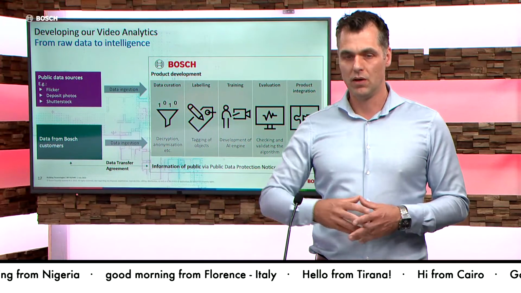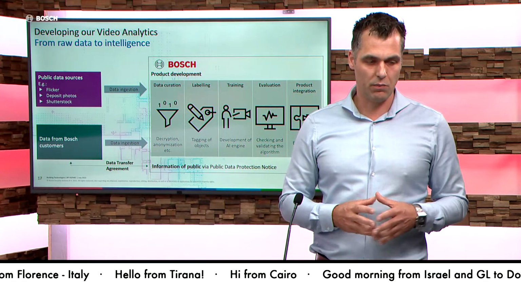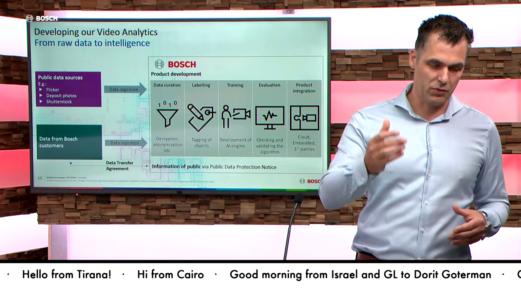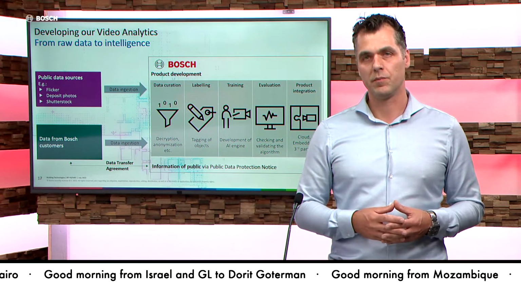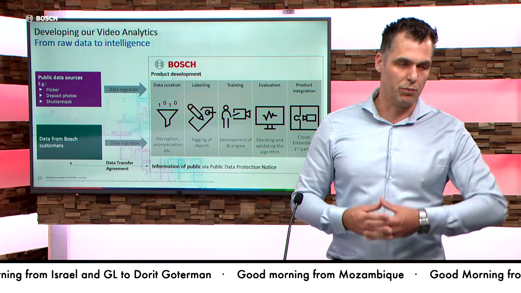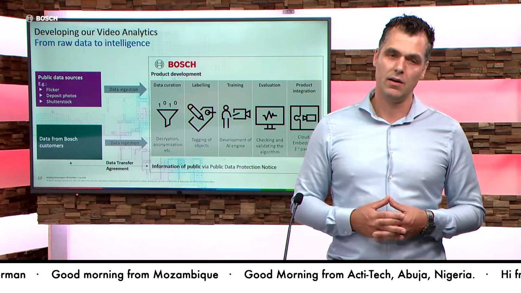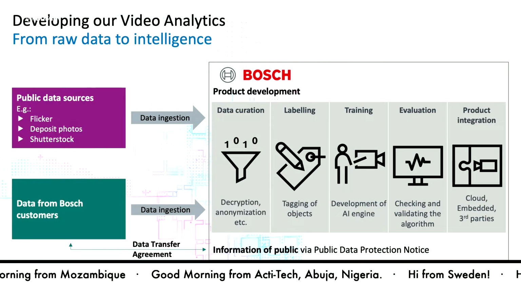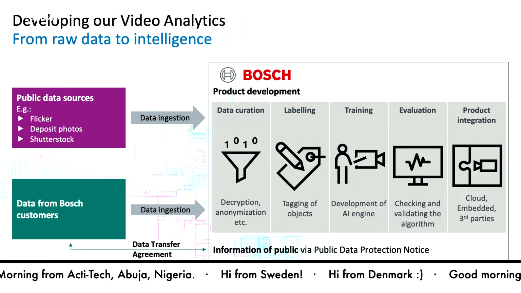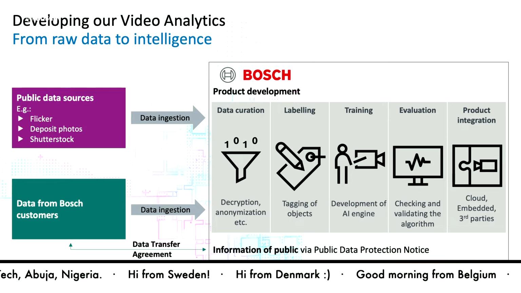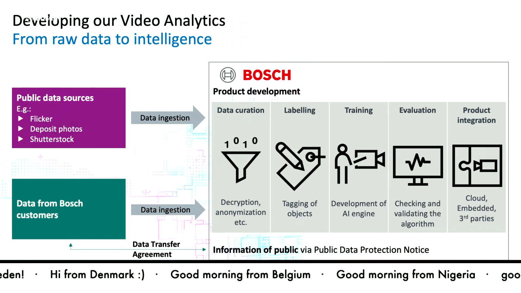So we don't want to simply take data from people who simply send, here's some nice video clips, here you go. No, we need to have that signed off with a data transfer agreement. Sometimes we also use some of the public data sources, Depositphotos, Shutterstock. You can buy already the rights for this kind of video footage and then also use it in your AI engine to start training for that. So already we're doing that and also continuously enriching via these kinds of media. But sometimes we really need to have scenes from particular applications.